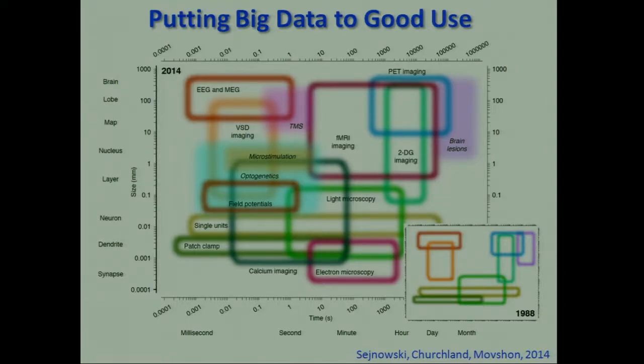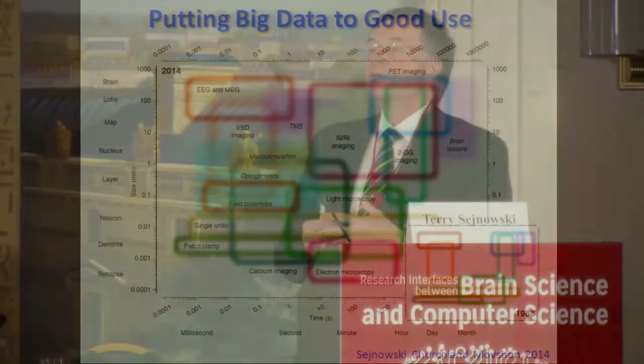For example, fMRI did not exist. See this big hole here? Well, what's happened is that over the years, these holes have been filled up. And I'm sure it's going to continue to fill up, but that's really what's going on: as new techniques get developed, and we're trying to accelerate that, we'll have more and more ways of being able to understand what's happening at a particular spatial and temporal scale.